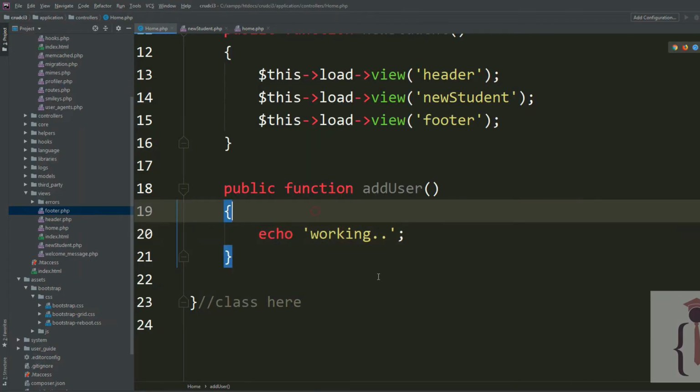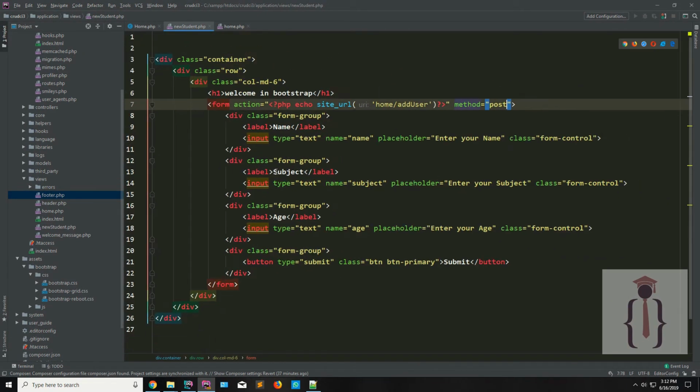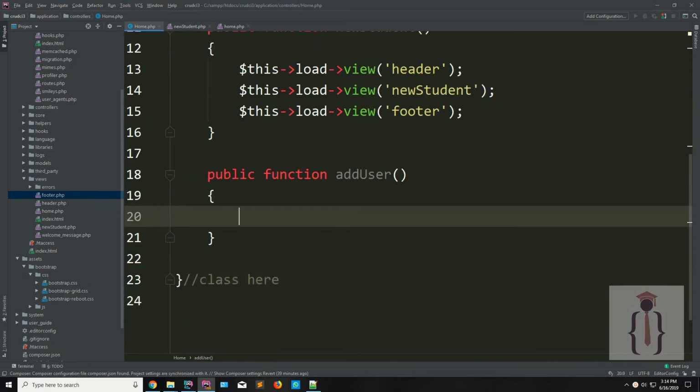So you have created the view like this, and you have created the form, and we have discussed the problem of the CSS and JS file, and we have already solved that problem. Okay, so now how can you receive your data? I'm saying this